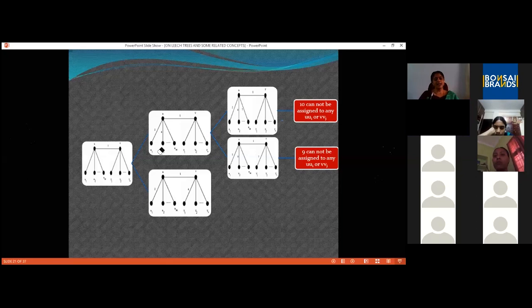So try assigning it to the side of U. U2 is assigned 6, means 6 plus 1 is 7, and 2 plus 1 plus 4 is also 7, which is not possible. If we try to assign 6 towards the right side, that is towards V, the same problem comes. 6 plus 1 is a path there also, which gives me a path of weight 7, and 2 plus 1 plus 4 gives me another path of weight 7. So here we get stuck while trying to find a path of weight 6.